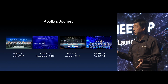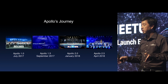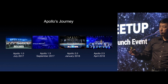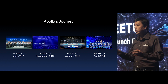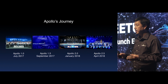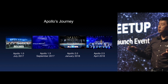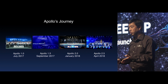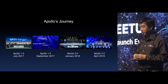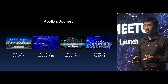Apollo's journey started last year, and looking back, the innovation of the Apollo open system really exceeded our wildest imagination. We released Apollo 1.0 for GPS waypoint autonomous driving in July last year. We released Apollo 1.5 in September, and we released Apollo 2.0, a big milestone to provide full autonomous driving on urban roads, in January this year. And in April, we released Apollo 2.5. And today,